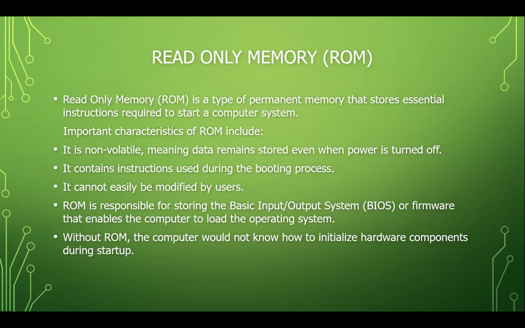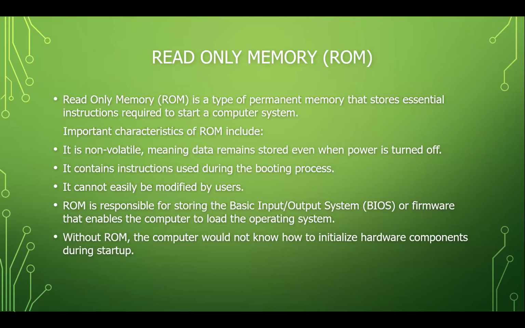Cache memory improves system performance by reducing the time required for the CPU to access data from main memory. This helps the overall processing efficiency. Next, we'll be talking about the virtual memory. The virtual memory is a memory management process that extends the capacity of the main memory. It allows a computer to use part of the secondary storage as additional